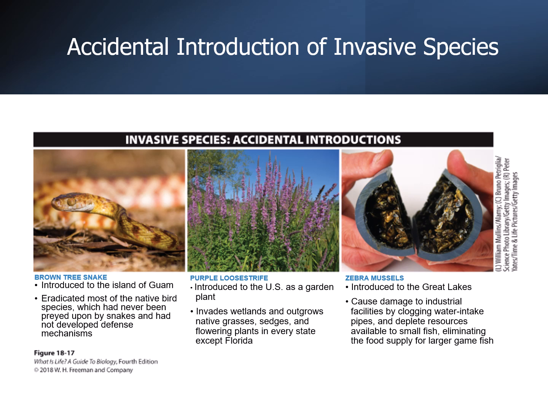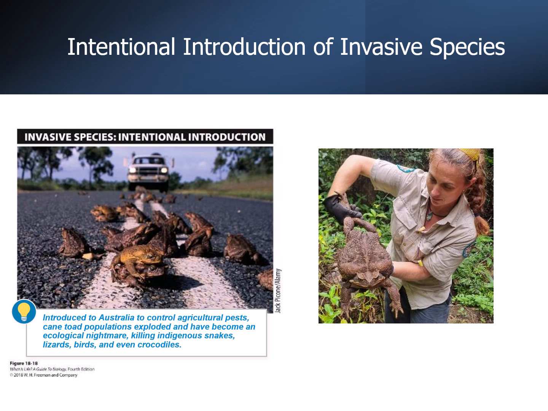Now, they cause tons of problems from out-resourcing the local fish, eliminating food supplies, as well as causing problems for us by clogging water intake pipes, which is what we're seeing in that image there. That is a pipe cut open and absolutely full to bursting with zebra mussels. So these are accidental introduction examples of invasive species. Let's talk about a very wild, purposeful introduction next.